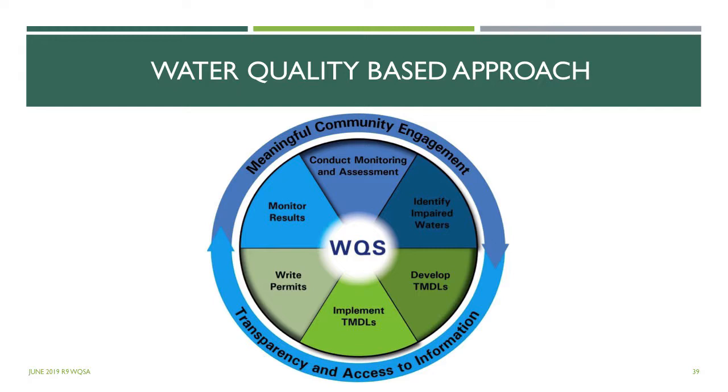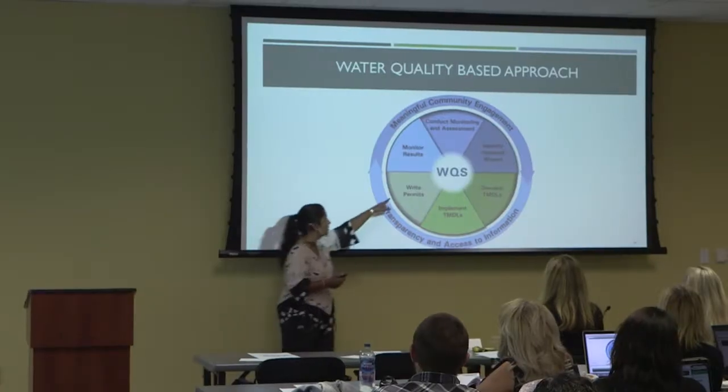Okay, so if you're looking at this, you can start in two different ways. This half is really your normal, ideal way where you do what you're supposed to do and the waters are meeting their water quality standards. This half is what happens if it's not meeting its water quality standards. So let's start with, you write your permits to meet your water quality standards. So the idea is to make sure that your discharger isn't discharging too much to violate standards. You monitor your results. You conduct your monitoring and assessment. You realize, yes, my water is meeting its standards. We're all good to go, and you just keep going.